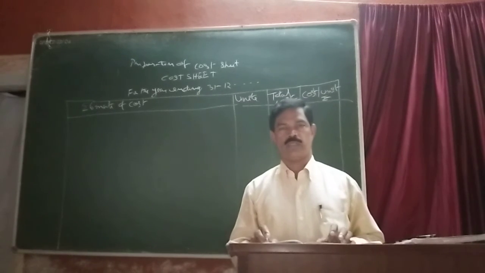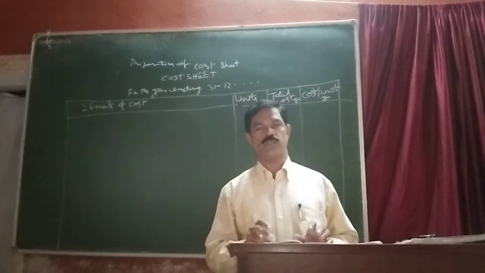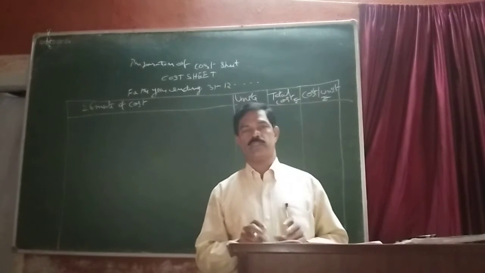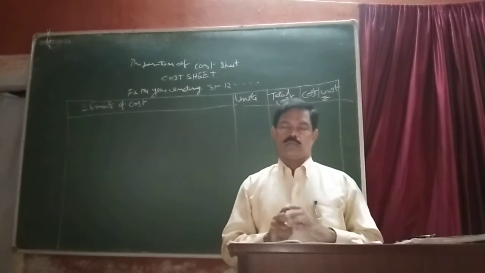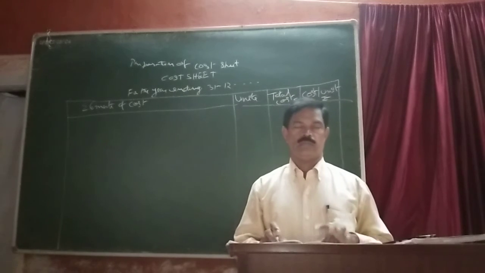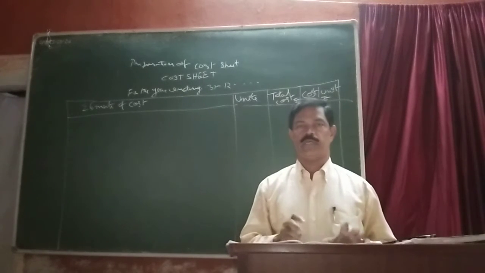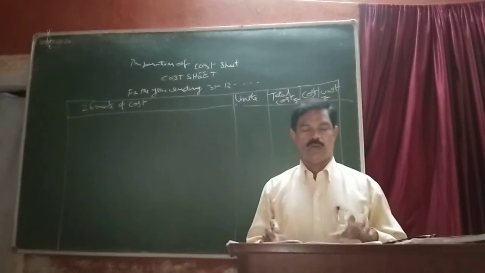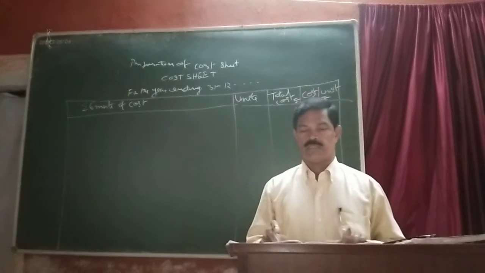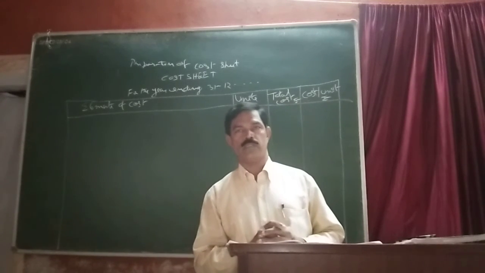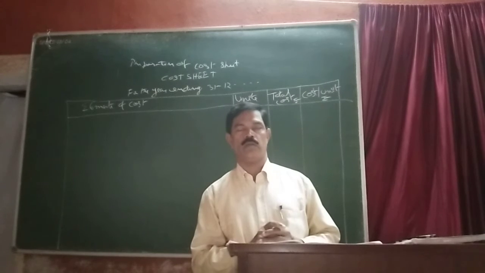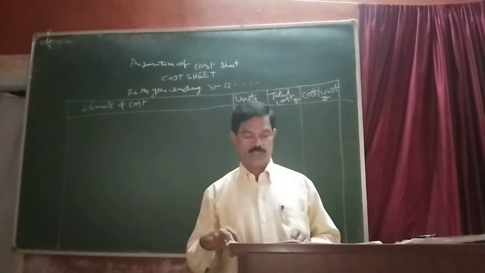To the cost of production we add selling and distribution overheads. So after adding selling and distribution overheads we get the total cost. Then to the total cost, if profit, we add the profit, then we will get the sales. This is how the cost sheet is. Then again we have discussed non-cost expenses, the items which are not entered in the cost sheet.